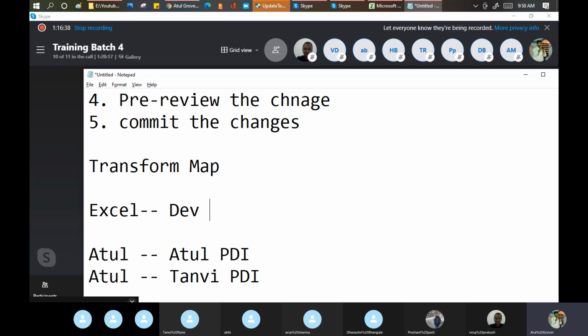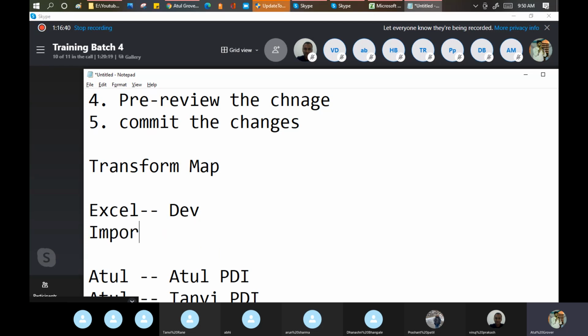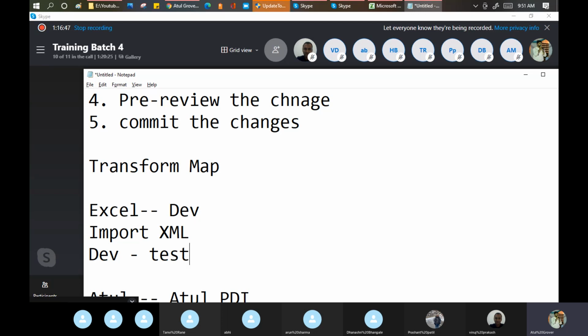Now with the import XML, we move the same data from Dev to test. It is never recommended that you do multiple Excel uploads separately in Dev, test and production. ServiceNow always says your data should be inserted from Dev only, from Dev to test to production. It should go in this manner.